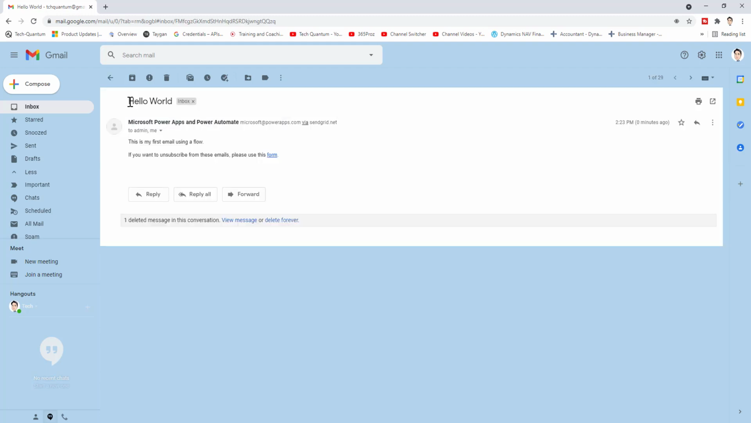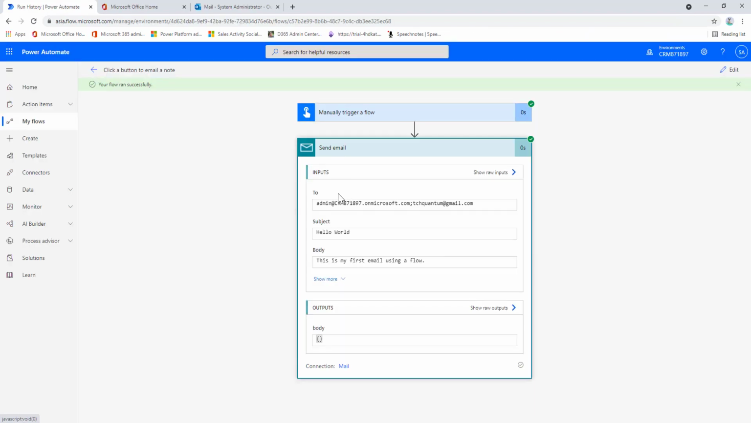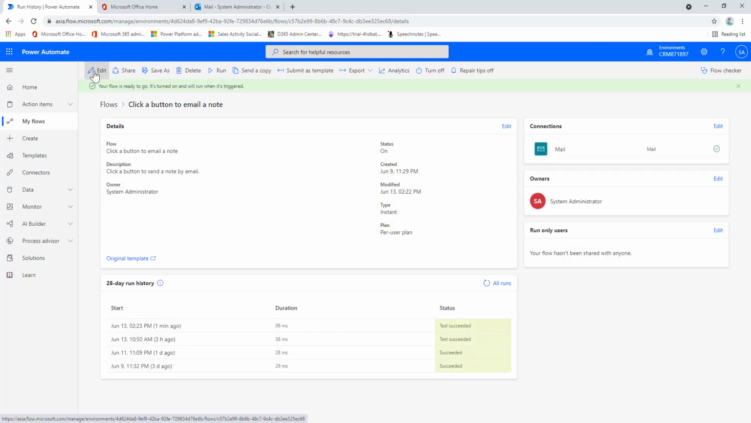Over here, you will see that the subject is Hello World. That is my previous data that I had used. It has come from Microsoft Power Apps and Power Automate. And this is my first email using a flow. So this is using the previous data from the test run that I had done earlier. As you can see, the changes were applied and it was run, and it had sent the email to both the recipients. So this is how you can go to your flow diagrams and make the changes or edit the flow